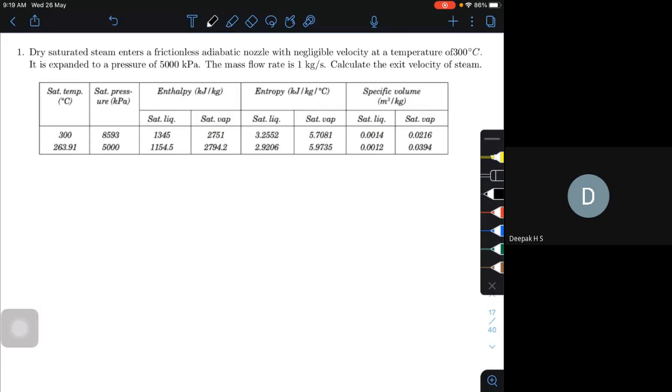Directly they are telling a dry saturated steam. So you have to go to the temperature based table, at a saturation temperature of 300 degrees. You have to look at the corresponding pressure, which is 8593 kilopascals. It may be rounded off to 8590 or whatever. Don't worry about that rounding off, because from steam table to steam table it may vary at the fraction level. So 5700 on one steam table, 5702 will be in other tables.